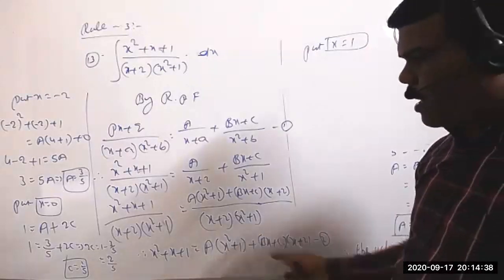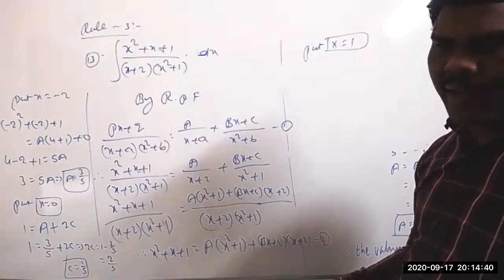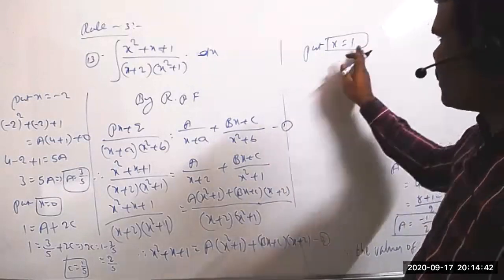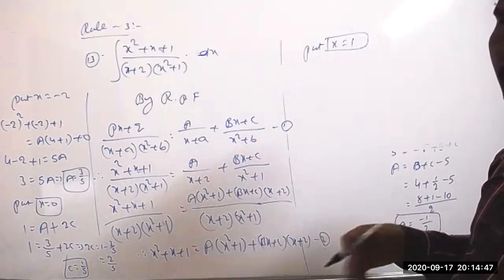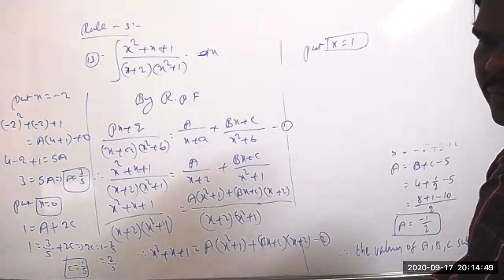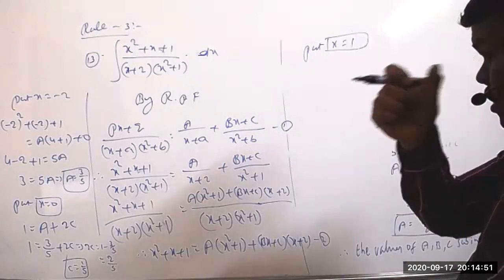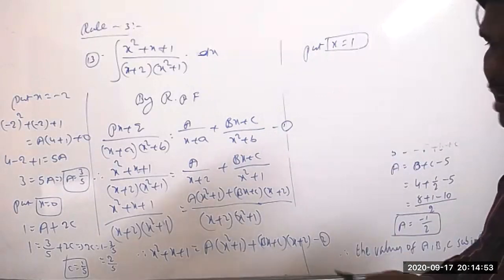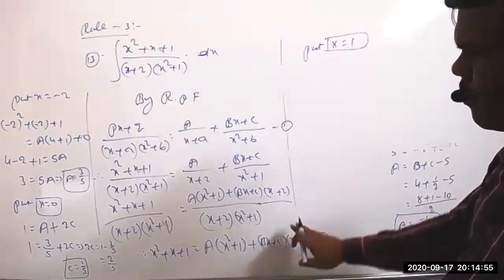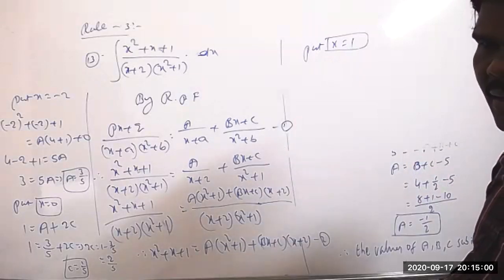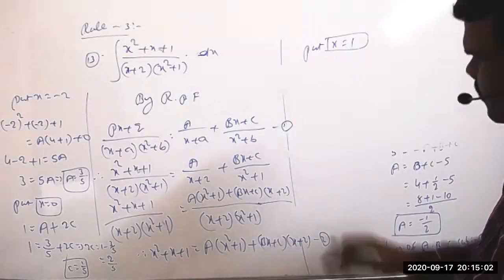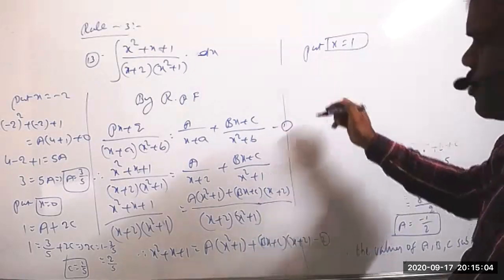Either you can multiply and compare both sides, one way, or you can take another number. Suppose in this case, maybe we are not getting a proper idea for all the students. But you can take it, not an issue, you'll get the same answer. If you take x equal to 1 here, maybe we will take two extra steps. This also you can try, that is your choice only.